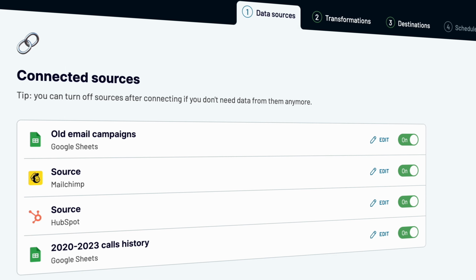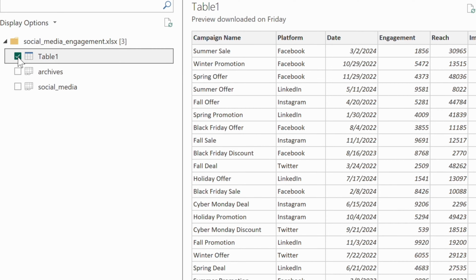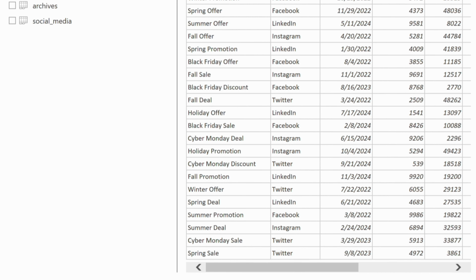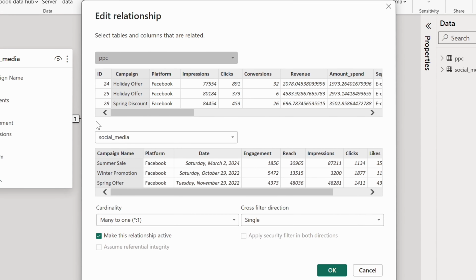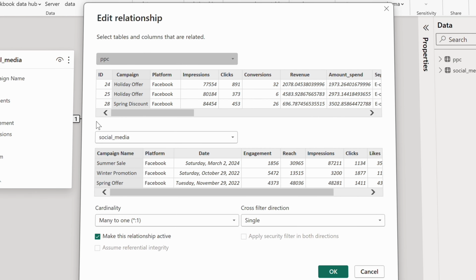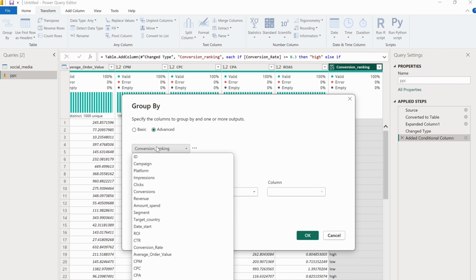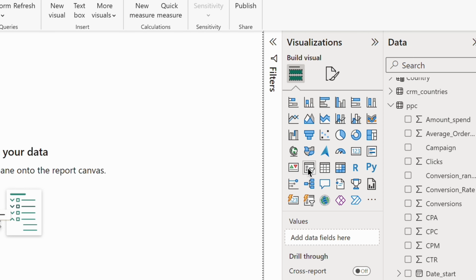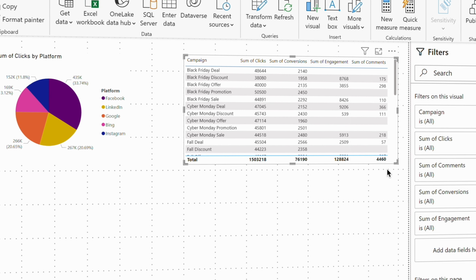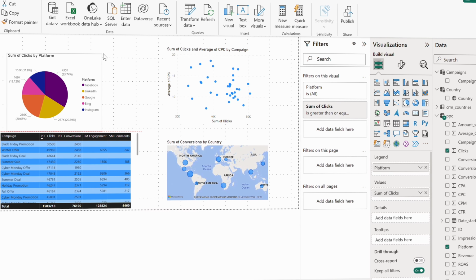Add all your marketing data into a report, whether it sits within an app, a database, a file on your computer, or anywhere else. Next, you model the data, building logical relationships between different pieces of data. Using Power Query, you transform your data, fixing issues, adjusting the existing data, and shaping it into a desired format. And finally, you're off to building and publishing reports, taking advantage of dozens of available visualizations.